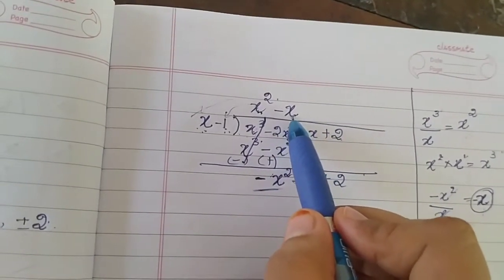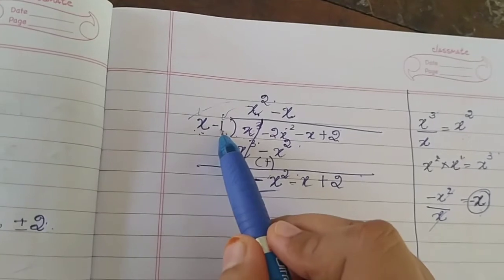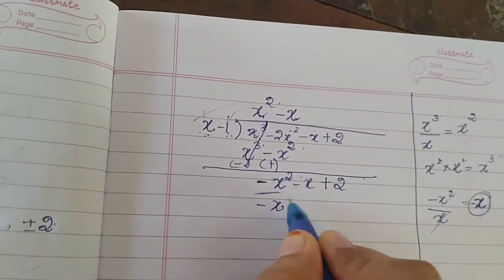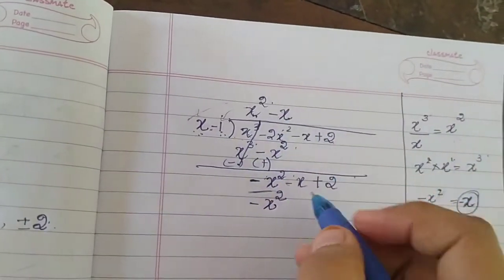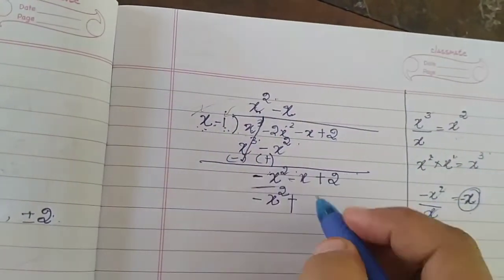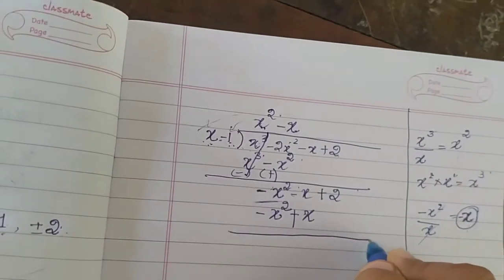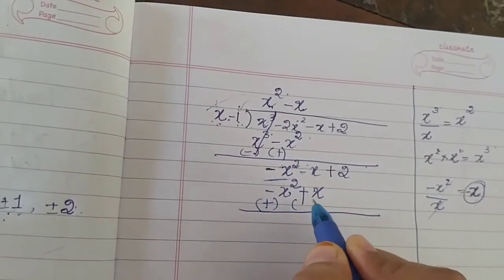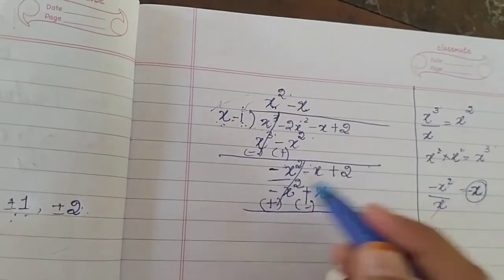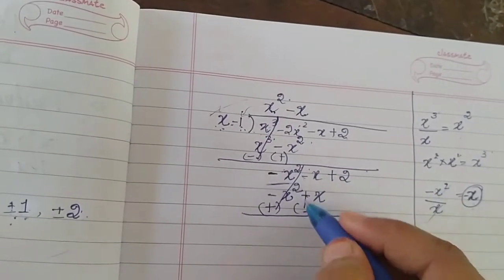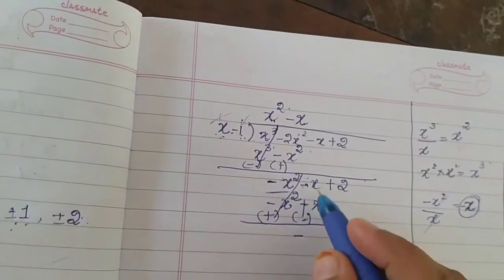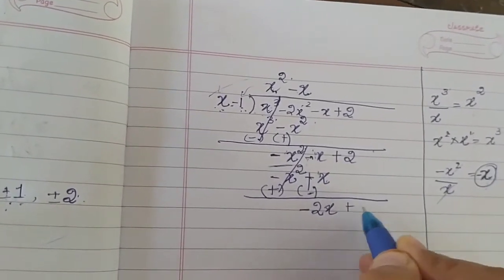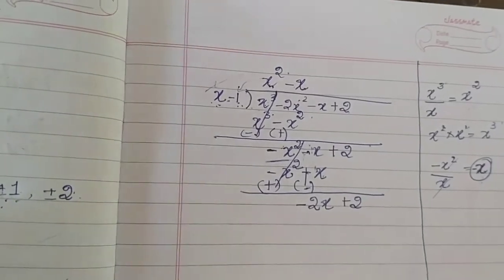So when you multiply this along with the first and second term of the divisor, what are you going to get? Minus x into x is nothing but minus x square. Minus into minus is plus, x into 1 is nothing but x. Now you have to change the sign. In place of minus, plus; in place of plus, minus. So x square and x square will get cancelled. Here you can see minus x minus x, minus 1 plus 1 is nothing but 2, x as it is, plus 2. Okay, so the next step is what again?